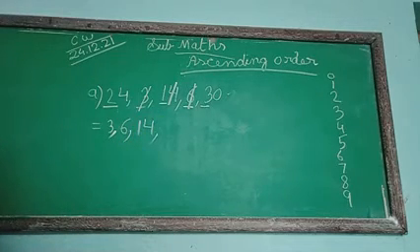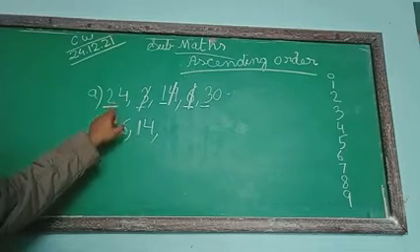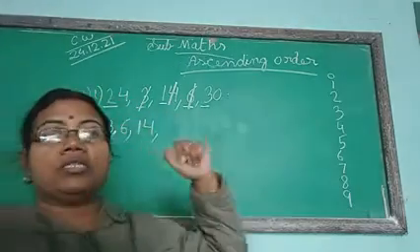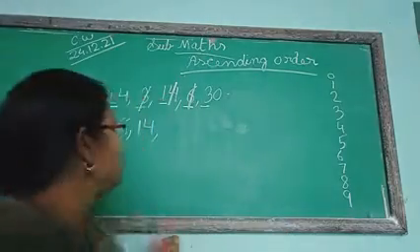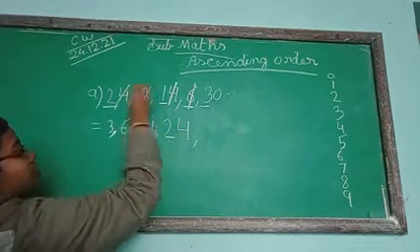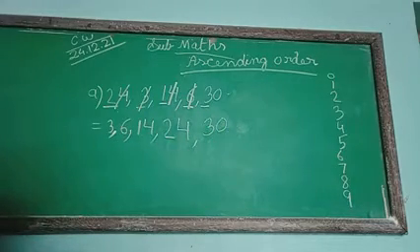Now we are left with 24 and 30. Between these, which is the smallest one? How will you identify? You see whether 2 is the smallest one or 3 is the smallest one. You see the tens place. Here it is 2, here it is 3. Now we are counting 1, 2, 3. The 2 will come first and 3 after. So 2 is the smallest one. That means 24 is the smallest one. After that, you write 30. Okay, children? Okay. Now one more question I will discuss in ascending order.